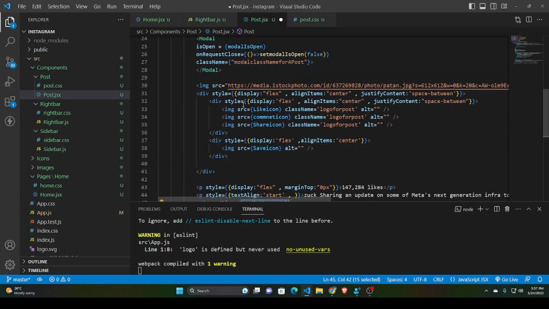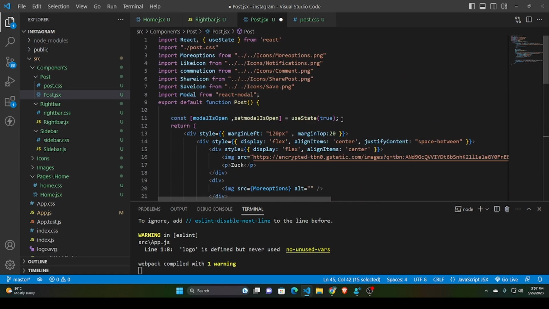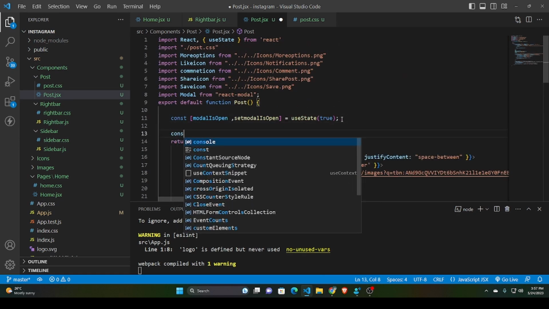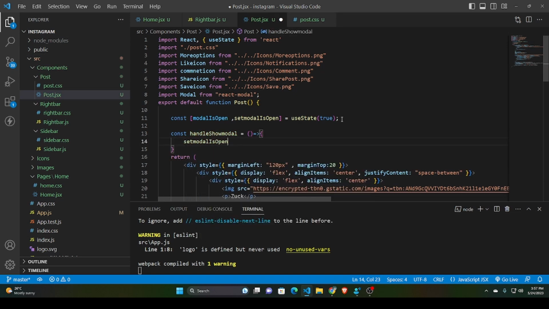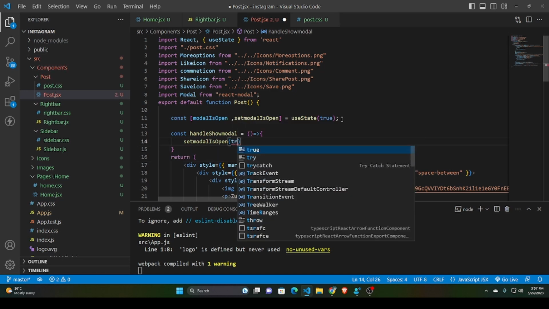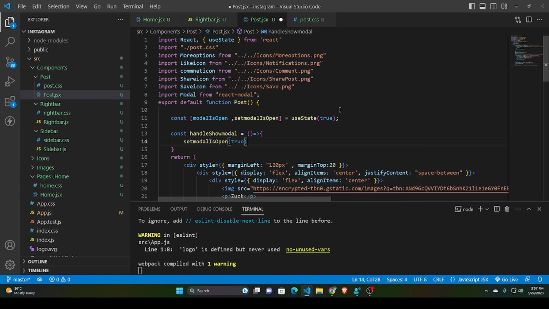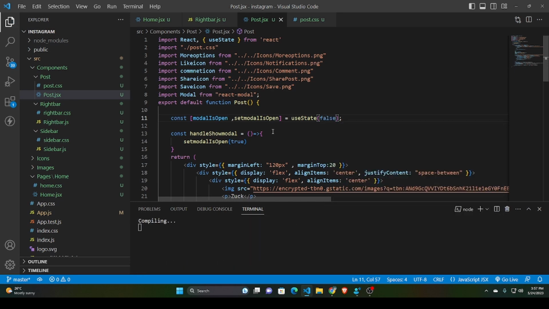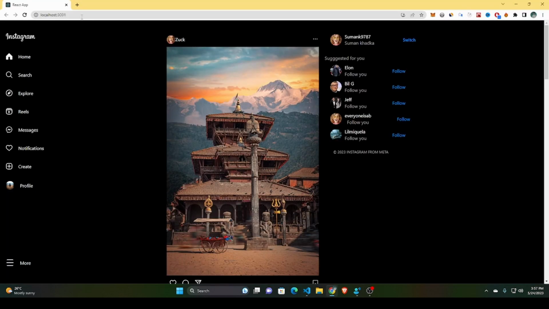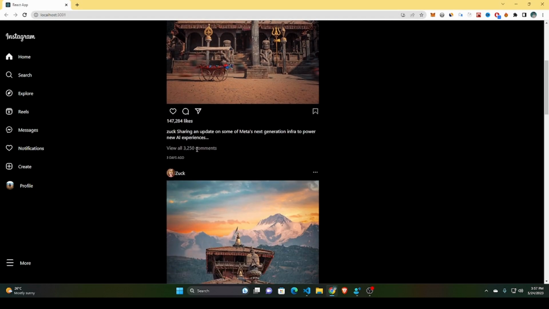I'm going to copy this. Okay, so now let's write a set model is open, which is true. Okay, so now if I click this,